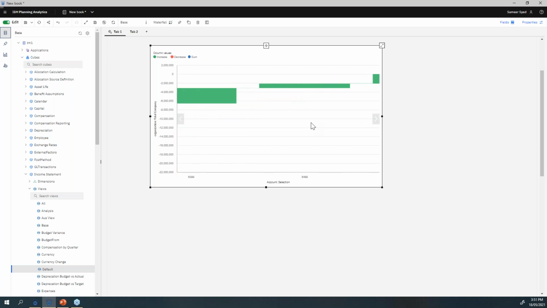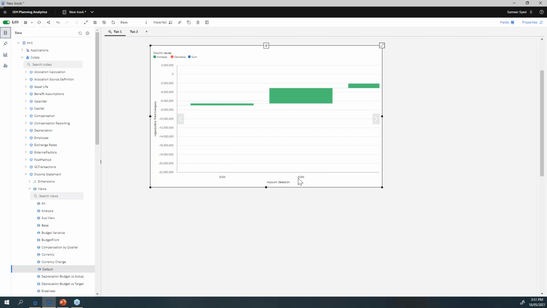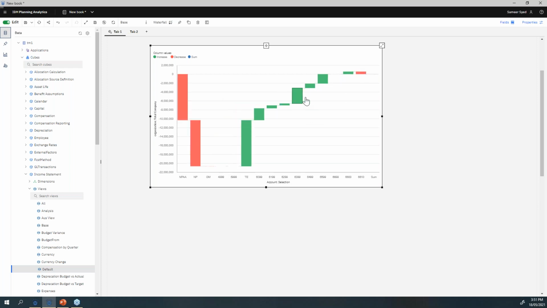So that's something really good. If we have too many things going on in the chart, if you want to go to a specific section, you can zoom in and then see, okay, this is for account number 6399, and it becomes really easy visually if you want to zoom into a specific area of the visualization.